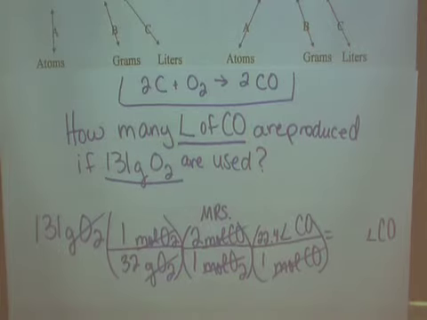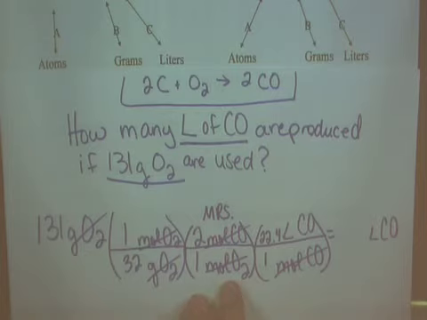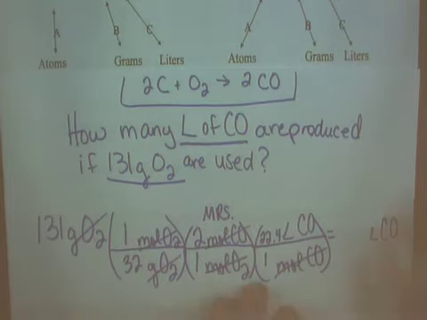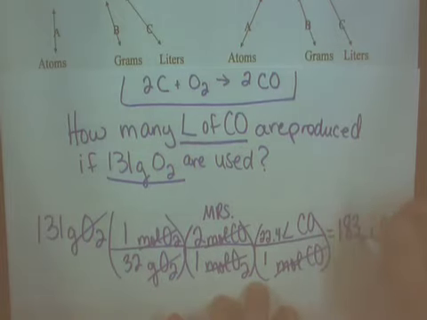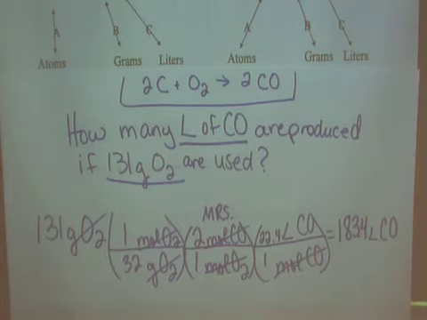Okay, so now what do I do? 131 divided by 32, because 32 is in the bottom. Then you times 2 because 2 is in the top. Times 22.4 because 22.4 is in the top. 183.4. Easy cheesy, as my 4th graders would say. Now, this may be a stupid question, but because we